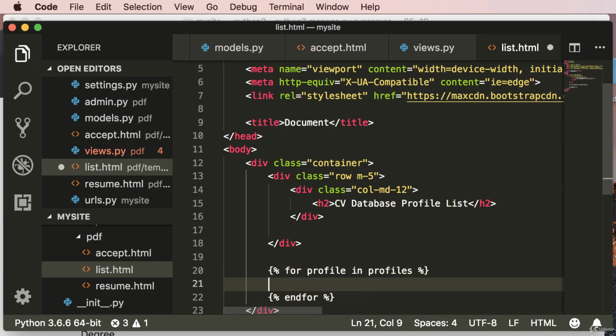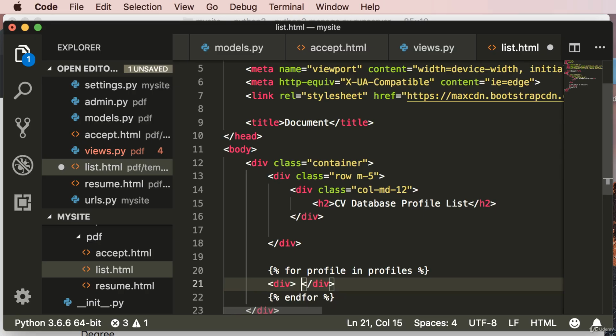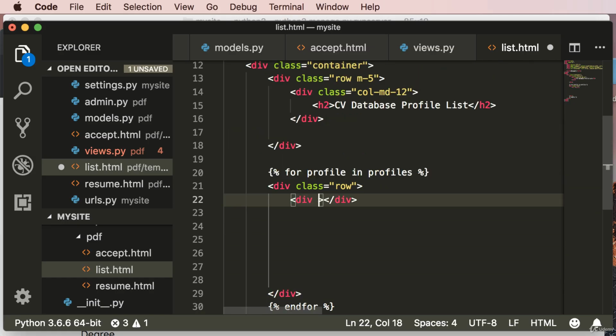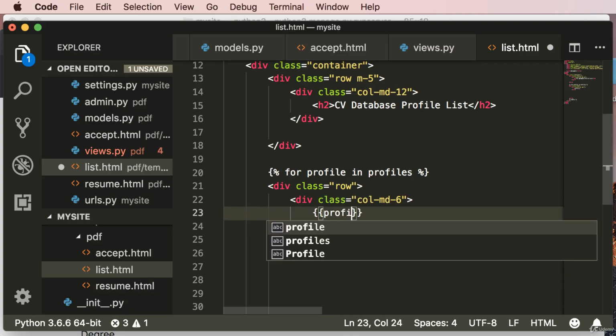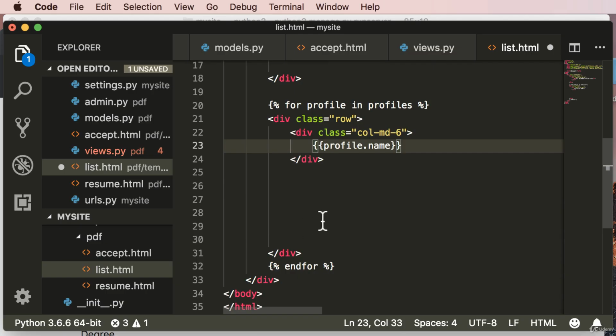and in here let's go ahead and create another row. So I'll say div, the class is going to be equal to row, and in there let's go ahead and create a column. So I will say div class equals col-md-6, and I'll go ahead and get the profile name first. So I'll say profile.name, and because we want to display the profile name,